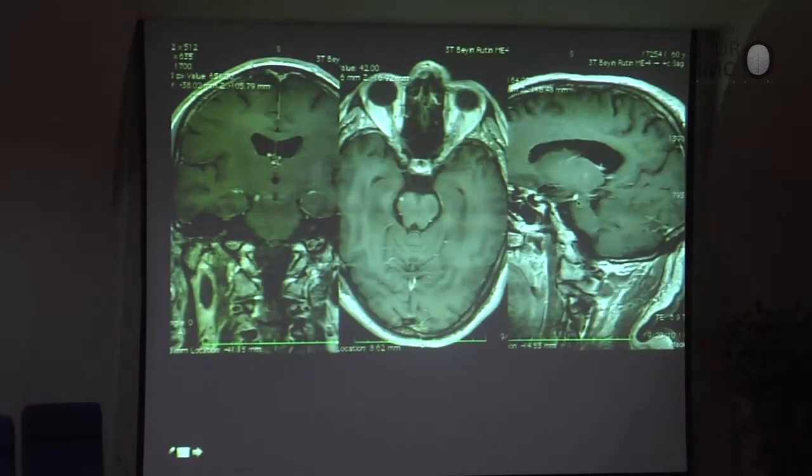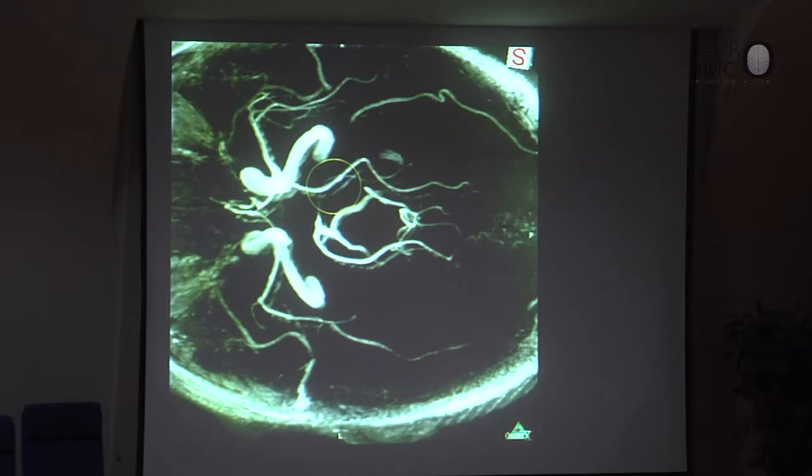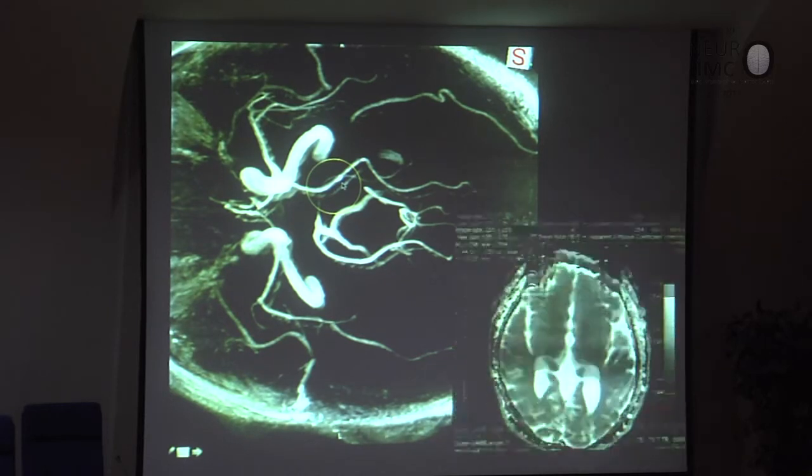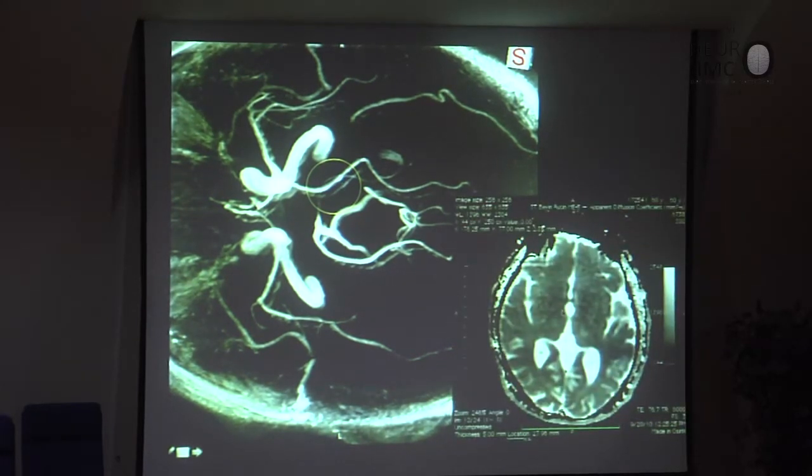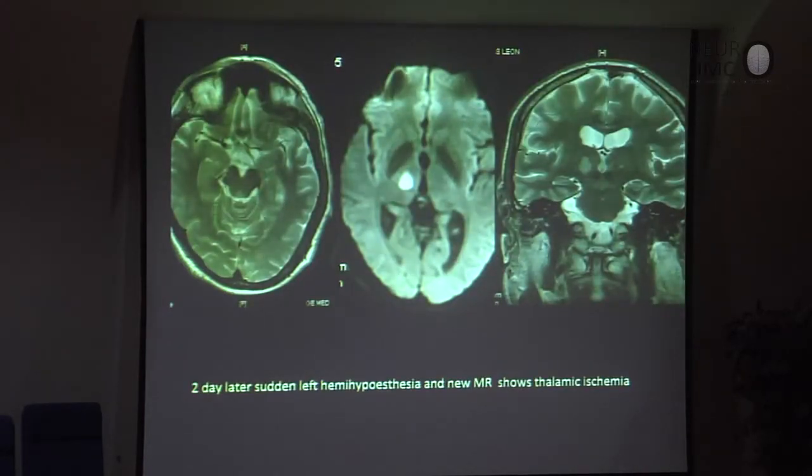What is this? While waiting, this is an MRI angiography, which shows something here but not so obvious, and nothing on the thalamus. Why am I showing the thalamus to you? Because just 2 days later, in the hospital, she developed a sudden hemihypoesthesia, and this is a new MRI